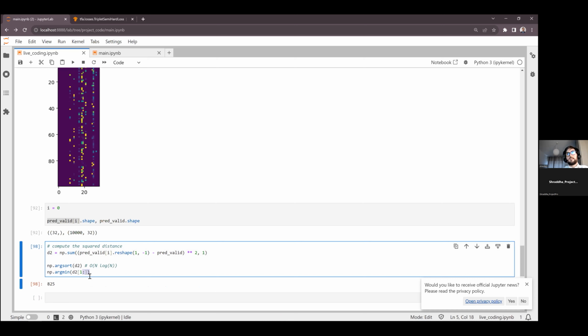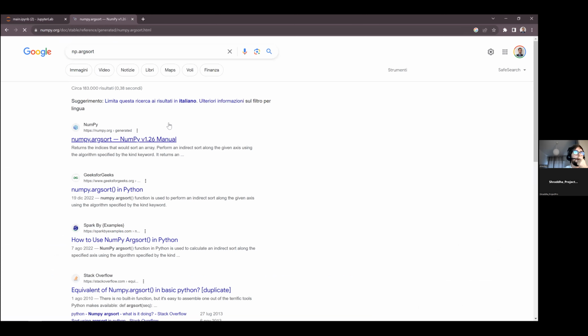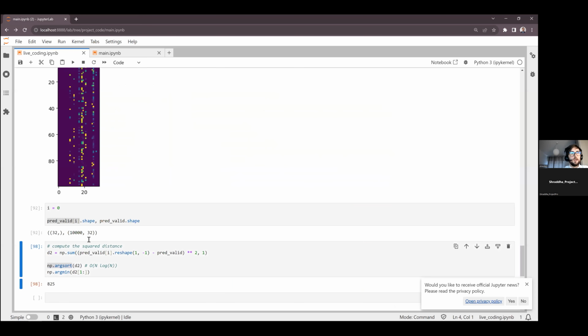Or we can implement a loop, let's call it a partial argsort, that takes only the first one. I don't know, maybe we can look into whether NumPy implements that. Let's see the documentation for argsort. Here you can select the algorithm, order. No, we don't care about fields, it's simply a number. We could simply do something like that. You want to find only the first elements, or maybe something like